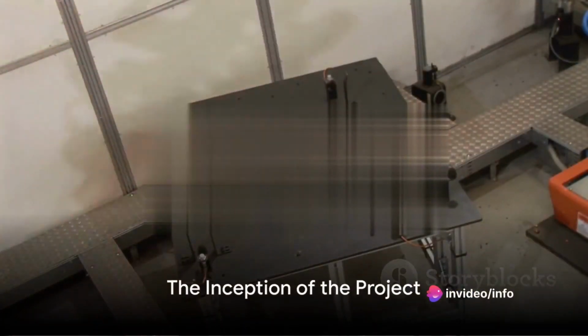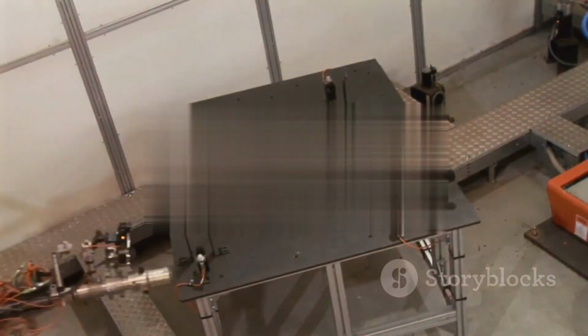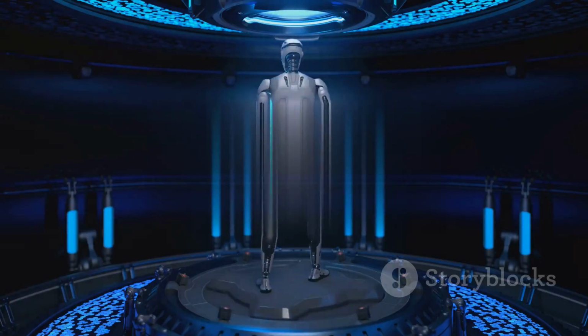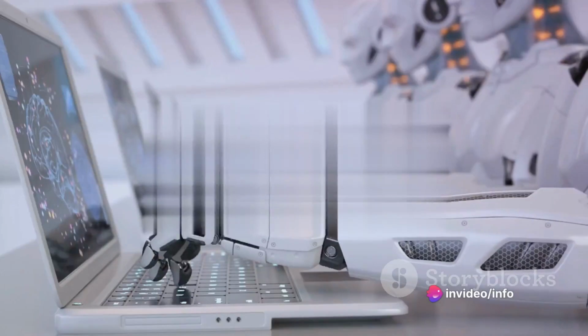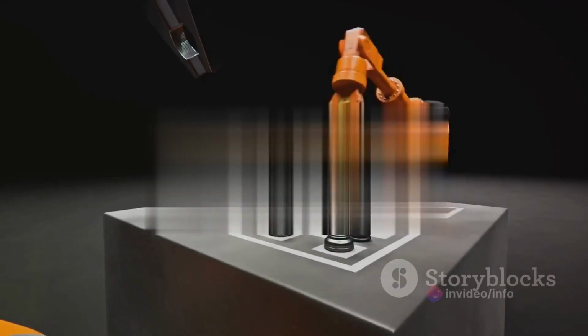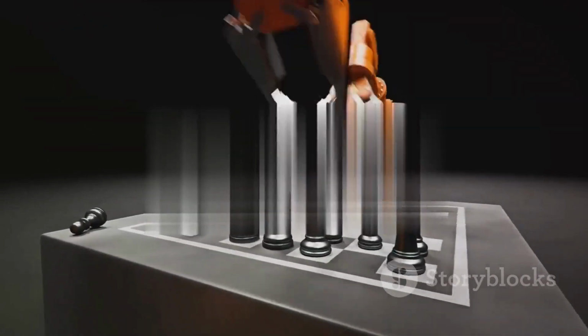The inception of this project took place at the Intelligent Robotics and Vision Lab at the University of Texas at Dallas. The team developed a system that allows a robot to push objects multiple times, collecting a sequence of images. This sequence enables the system to segment all the objects until the robot recognizes them. This is a significant leap from previous methods that relied on a single push or grasp for the robot to